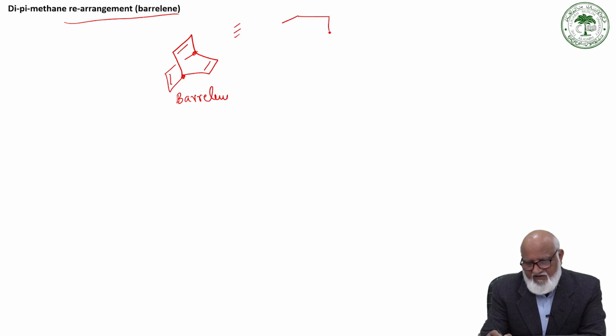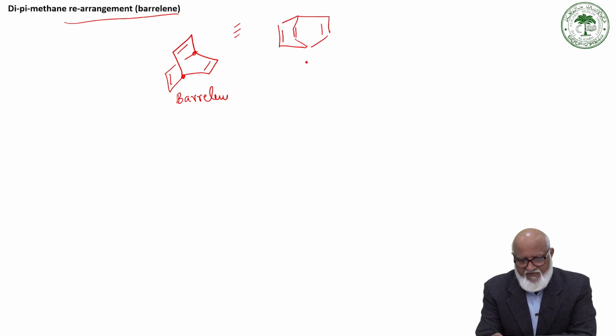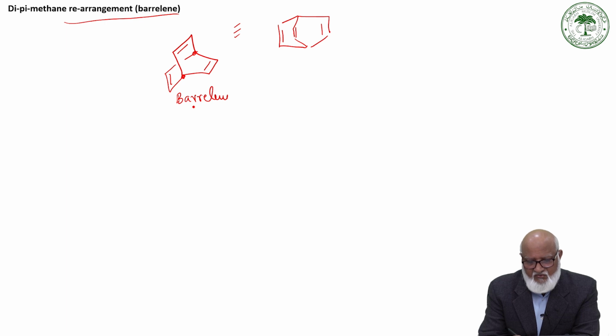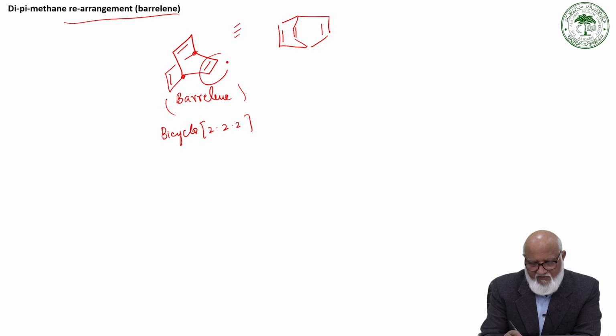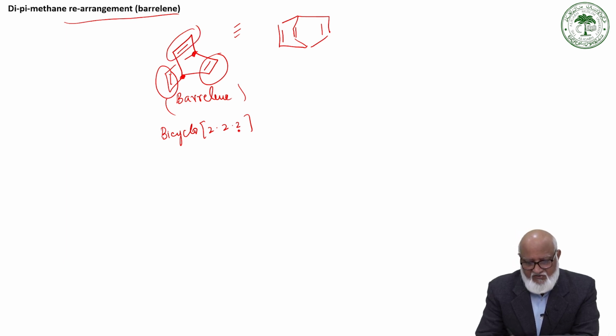So if I write it in a more conventional method, it looks like this. It is a bicyclo[2.2.2] system. Barrelene is the common name. Otherwise, it is bicyclo[2.2.2], meaning the number of carbons on the right side, the number of carbons on the left side between the ring junctions, and the number of carbons between the ring junctions. So bicyclo[2.2.2],